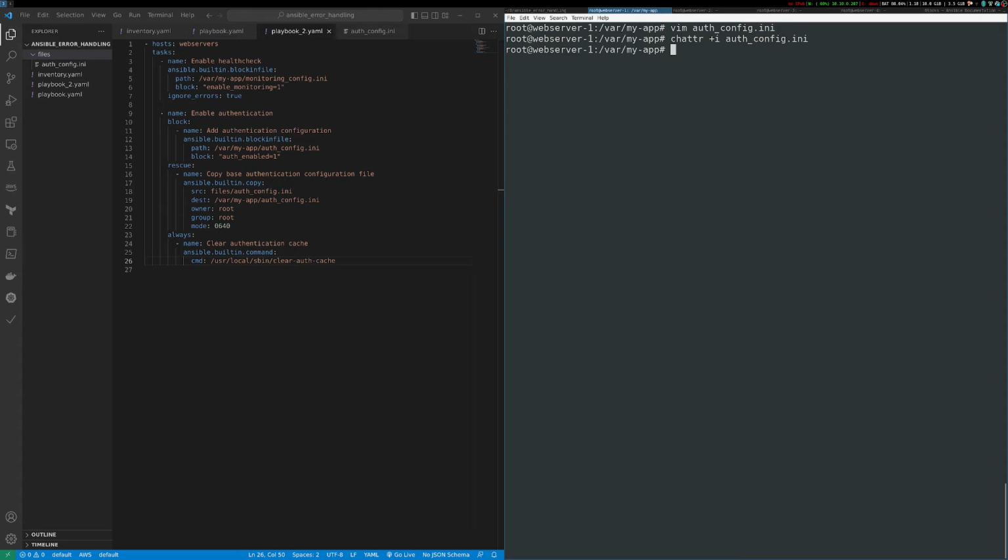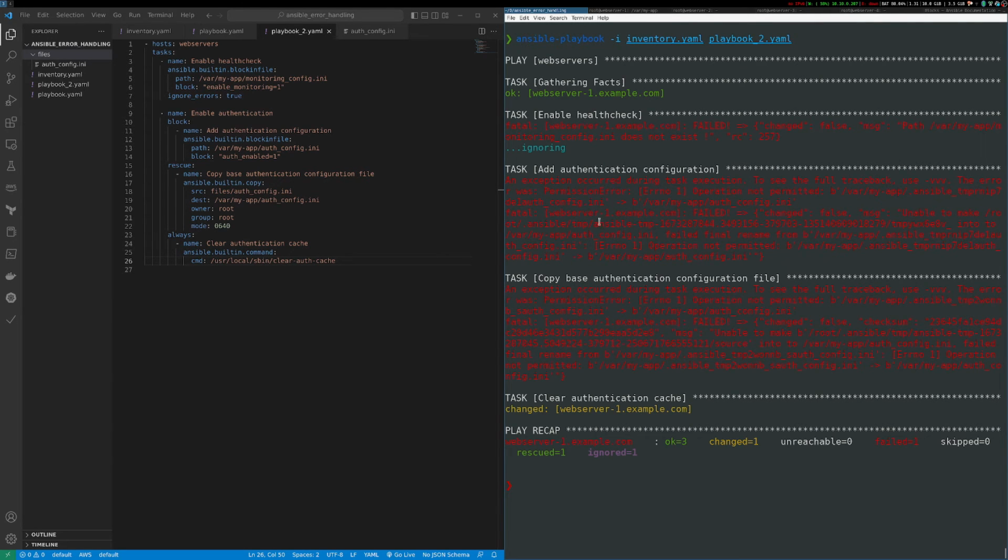This will prevent Ansible from running to it or copying over it. So this should cause both the block and the rescue section to fail. Now let's try running the playbook. In this case, you can see that both the task related to the block and the rescue failed, but that